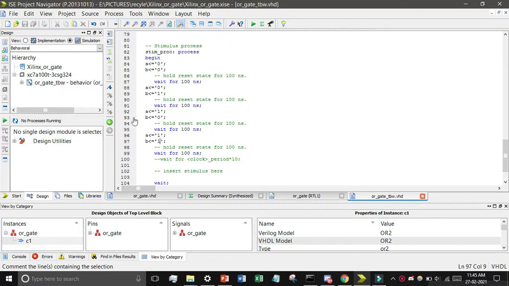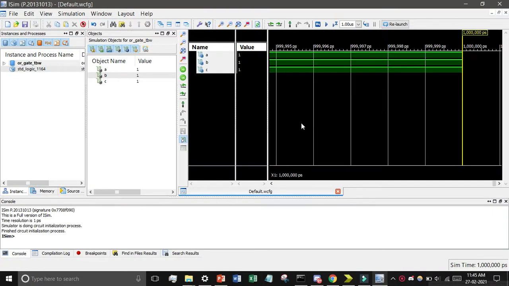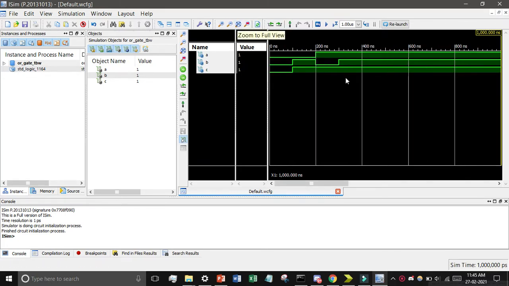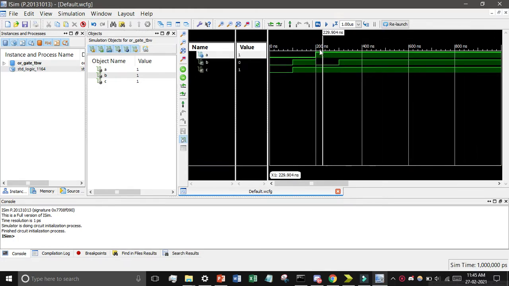Now click on this OR gate and find ISim, click here, then Behavioral Check Syntax, just to check whether it is correct or not. You can see this is correct. Now simulate the behavioral model, and a pop-up window will come. First click on Zoom to Full and you will see the real waveform. Find this yellow line at the first corner, and just drag and drop it.